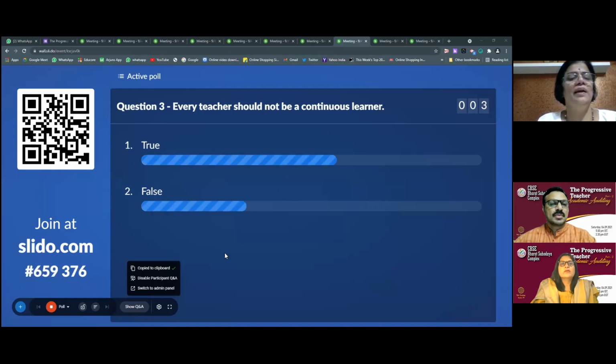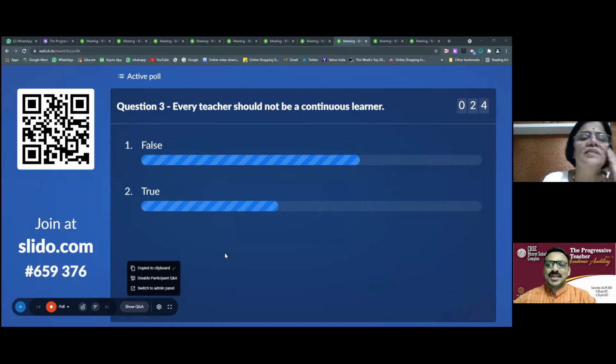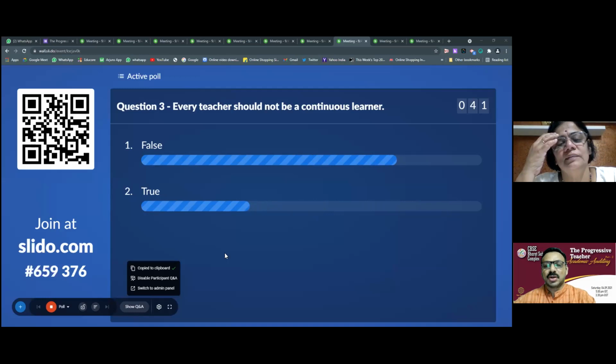They're all typing in the chat box. Actually, this is going to be an experience for you, and you can do such activities for your children as well using Slido or Mentimeter.